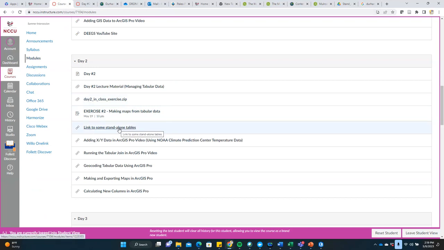I got a link to some standalone tables that are sitting in my Google Drive. And so what we looked at during the lecture, I just got a link of some tables: homelessness, ADHD rates, libertarian voters. I didn't want to put every single voter because I would clock up my Google Drive or whatever. But you can just see some of the different examples of data sitting out there that you can turn into spatial data,